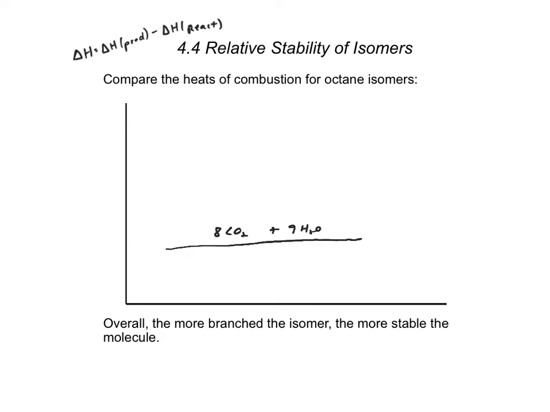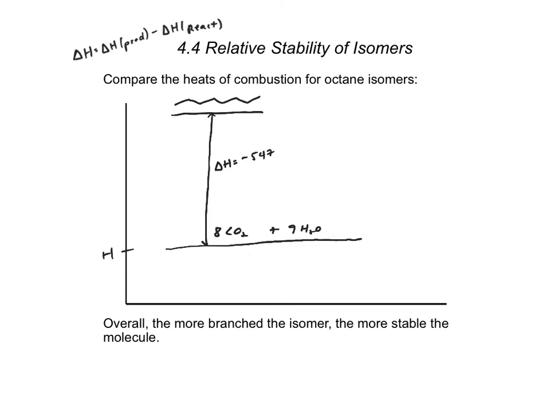So because the products are the exact same, those products are always going to have that exact same enthalpy level, right? Now, the differences between the products and the reactants were different because overall those enthalpies, those heats of combustion, were different. So when we looked at our straight chain octane, we can measure its energy level by the difference in the enthalpy, right? So the enthalpy here was a minus